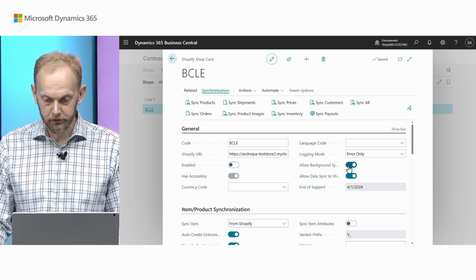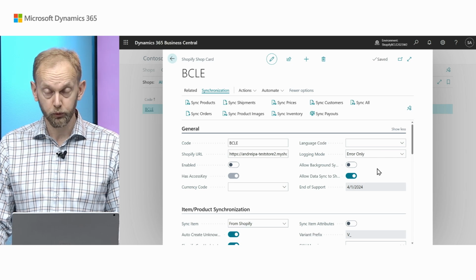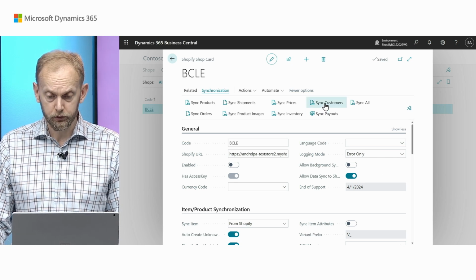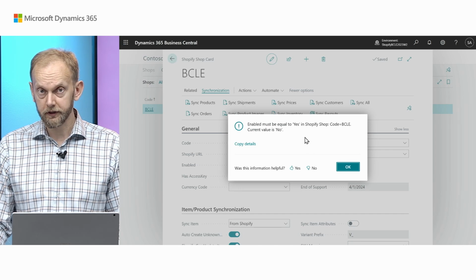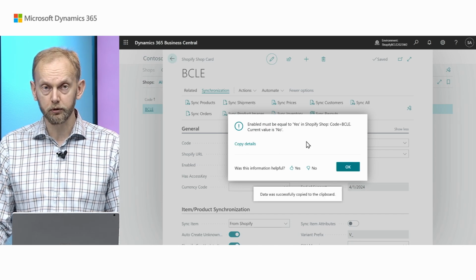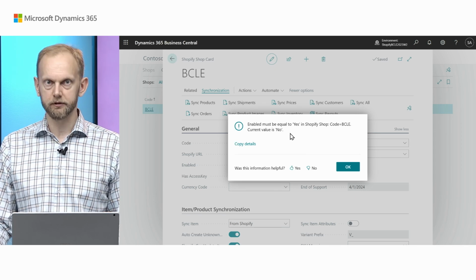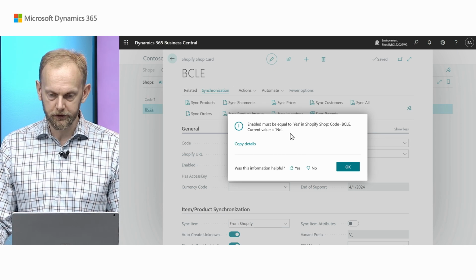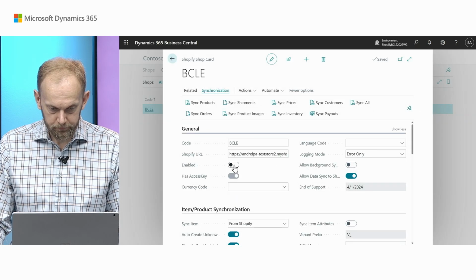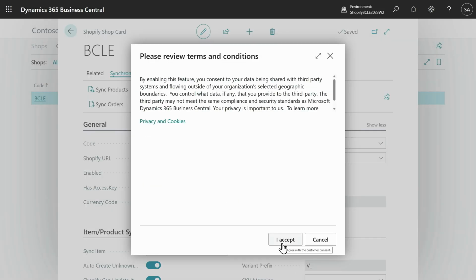In this case, I will disable background sync, which is on by default, and try to do it again. Okay, in this case, I get the error, and I can copy all details, including the call stack. Of course, it's very primitive here, but in some scenarios it is not that simple. All right, let's activate our synchronization back.